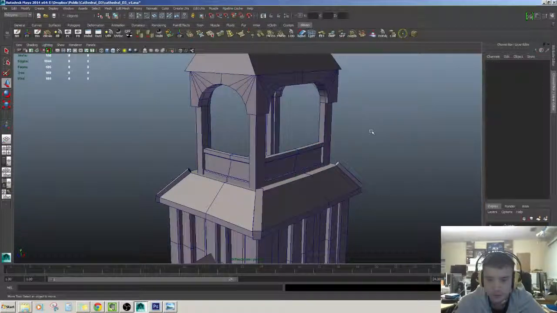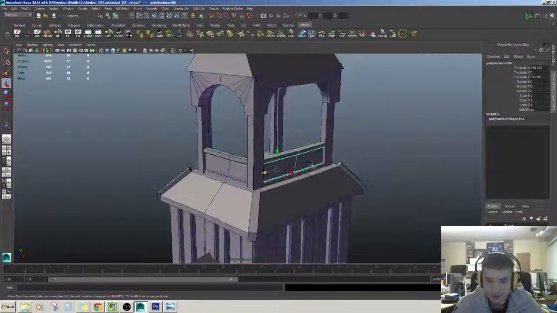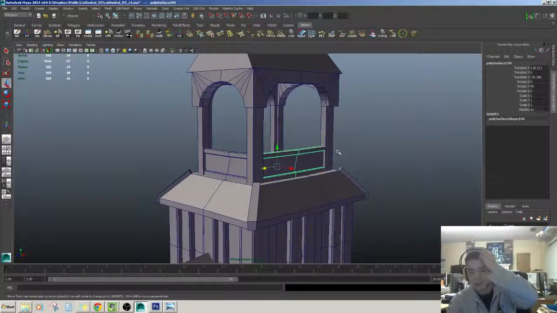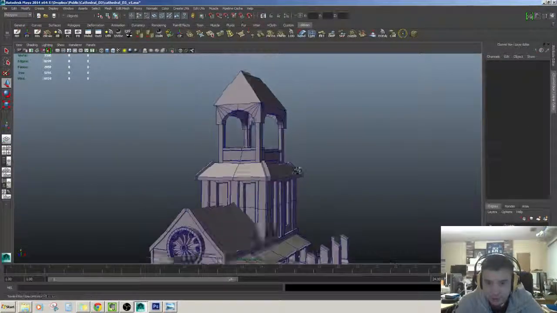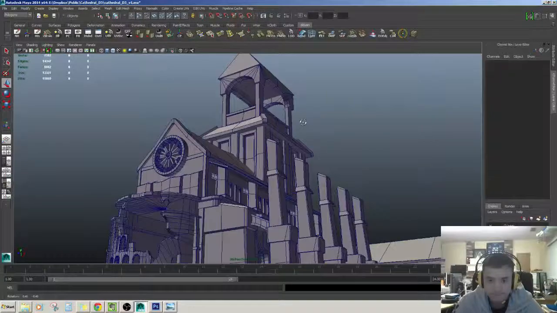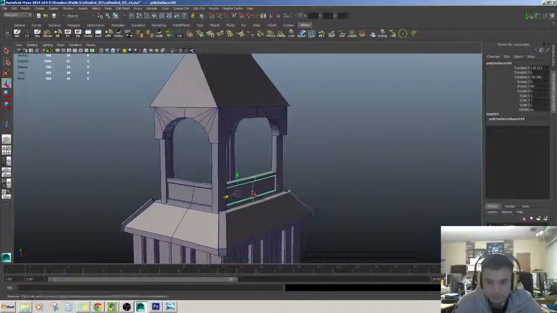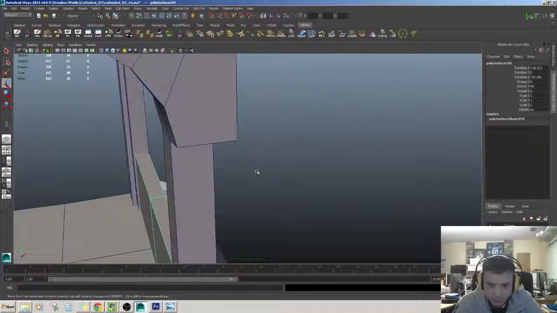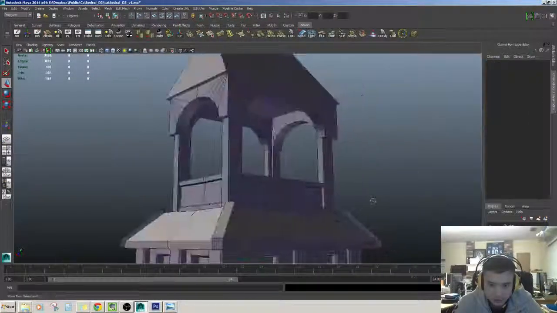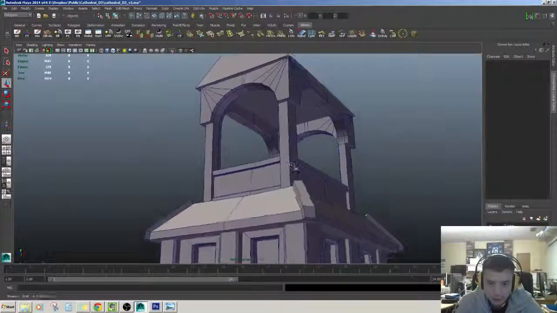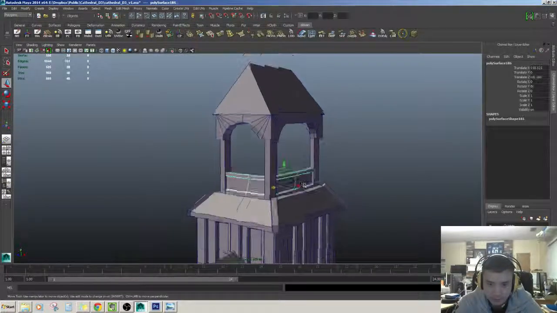So it's unfortunate because it'd be nice to have these as the same piece and then just modular. That would have been ideal, but it doesn't look like that's going to be the case, which is okay. So everything's crashing through correctly. There's no issues. Alright, cool. So we got our base shape on these,